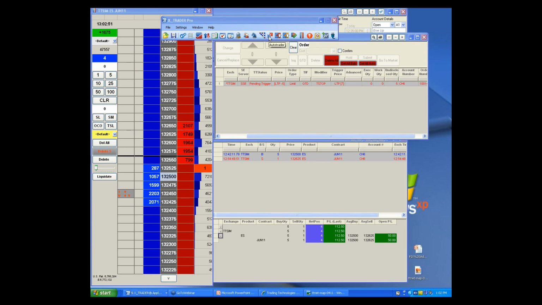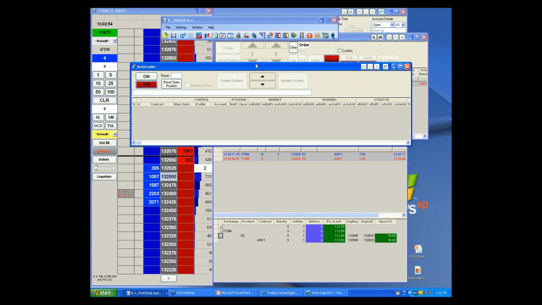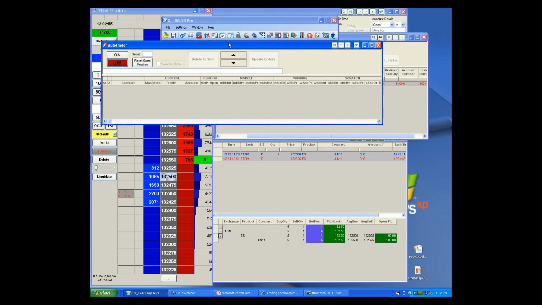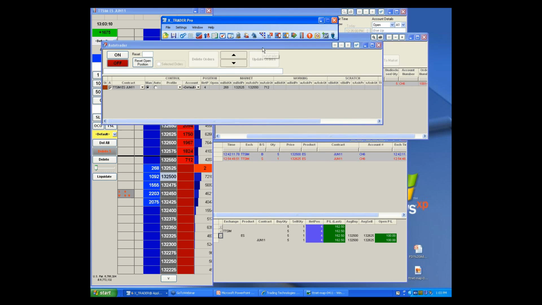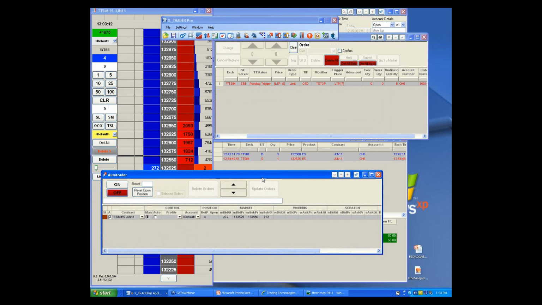The next one over, Auto Trader. Another very popular Pro feature that we have. This would be for the automated traders. Another one where you can create any strategy that you would want. You could write it into,